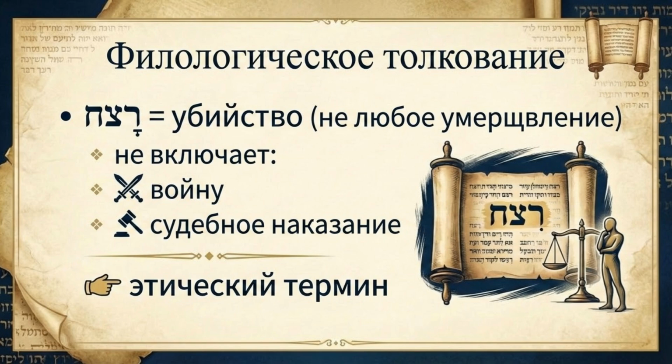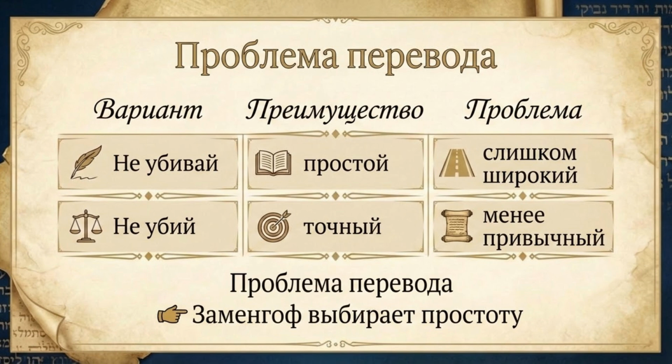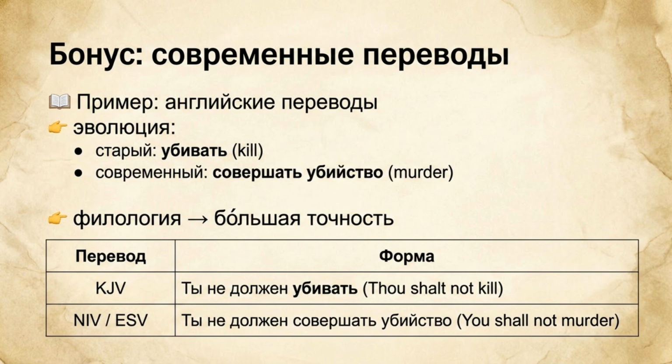Esperanto uses mortigi for to kill, a synthetic verb combining the root morto, death, with the causative suffix igi. This follows the mut model, focusing on causing death. The translation choice in Esperanto for "you shall not kill" is ne mortigu, using the verb mortigi. This general translation lacks the specific legal/moral nuance of the Hebrew ratzach. Esperanto's simplification, while achieving clarity, collapses the semantic distinctions present in the original Hebrew. Mortigi covers harag, mut, and ratzach.